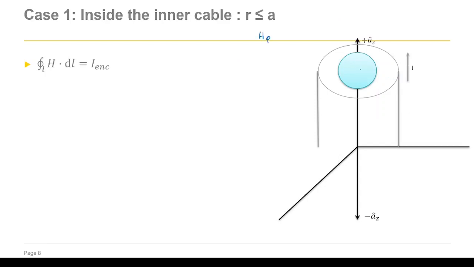So at this point, if the radius of the inner cable is a, we are looking at Ampere's law, the left-hand side being a closed line integral. Upon observation, we find that the closed line integral takes the shape of a circle, and hence the integral is going to take a value of 2 pi r, the circumference. Phi, the magnetic field component of interest, times 2 pi r,